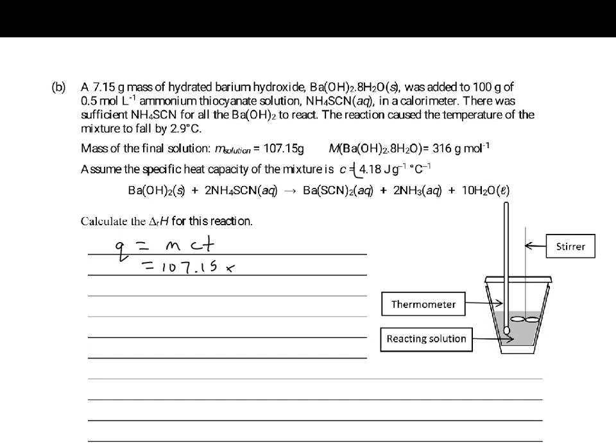Specific heat capacity, they'll always give you, in this case it's 4.18. And the temperature change, they tell you, is the temperature falls by 2.9 degrees. And because the temperature's gone down, it's a minus. So chuck that in your calculator, you get minus 1298.8 blah blah blah joules. So that's your first kind of tripping point. Q is always calculated in joules. And we can convert that to kilojoules by dividing by 1,000. So 1.298